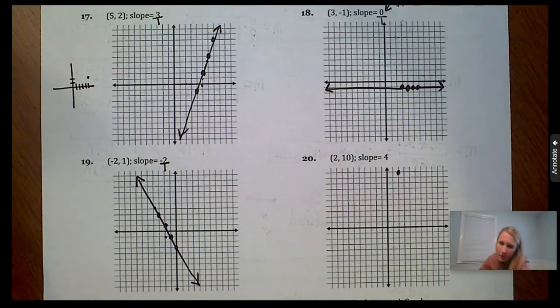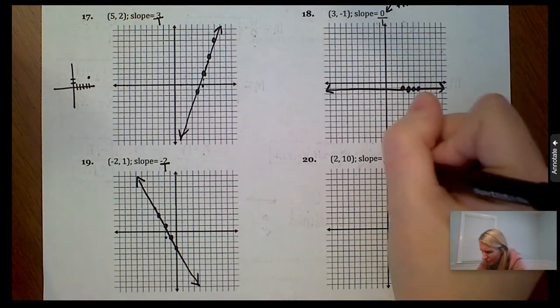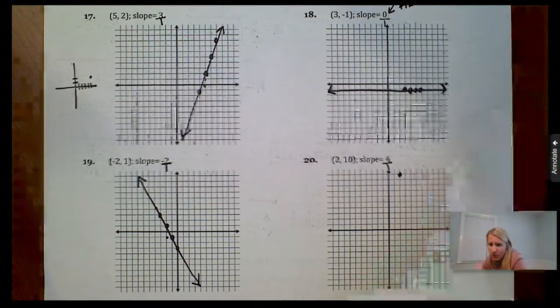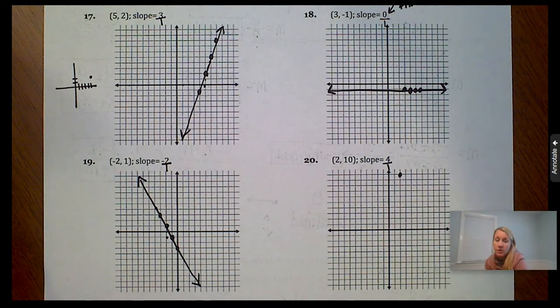Now here's the issue with this one. Obviously you're just sketching yours, but I'm given this graph, and I don't want to go off the graph. That's ugly. I'm trying to go up 4 over 1, and I don't have room. I don't want you to be off the graph. That's weird. So just as a reminder, you can always kind of